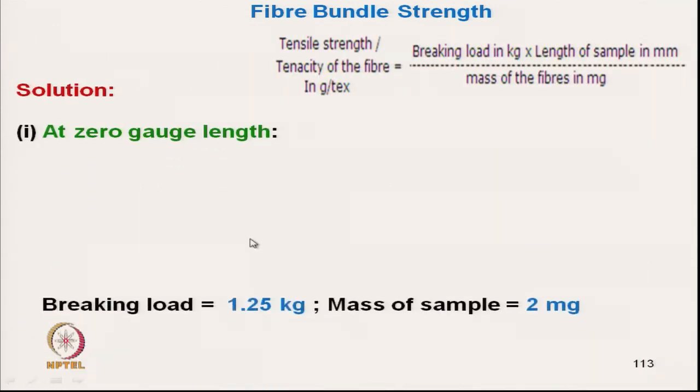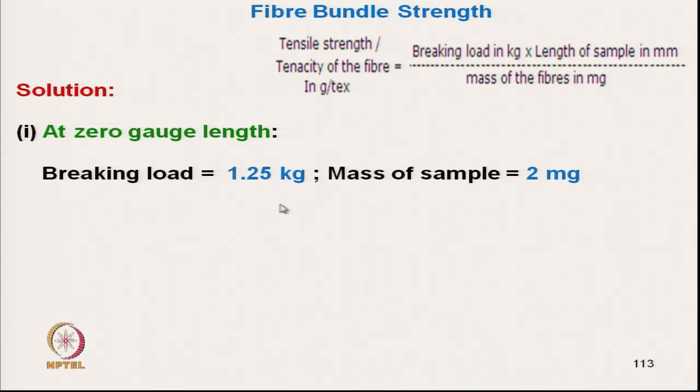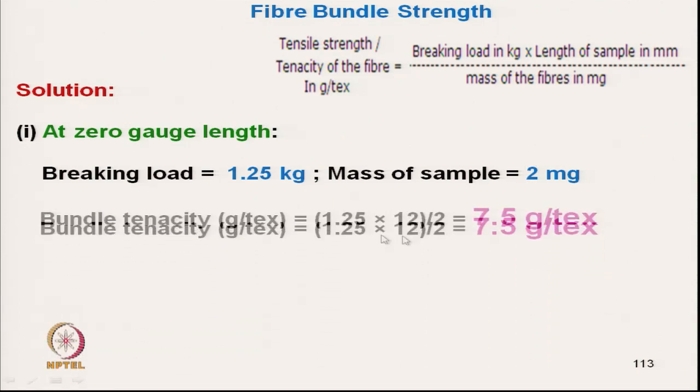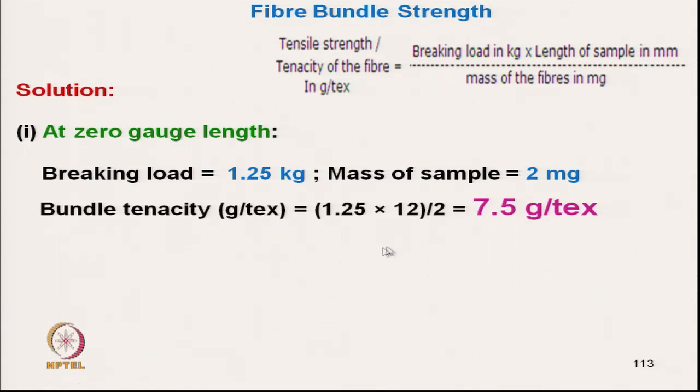At 0 gauge length, the breaking load is given 1.25 kg, mass of sample is 2 milligram, and the bundle tenacity comes out to be 1.25 multiplied by 12, 12 is the length, divided by the mass in milligram. So, it is coming out to be 7.5 gram per tex. Now, if we